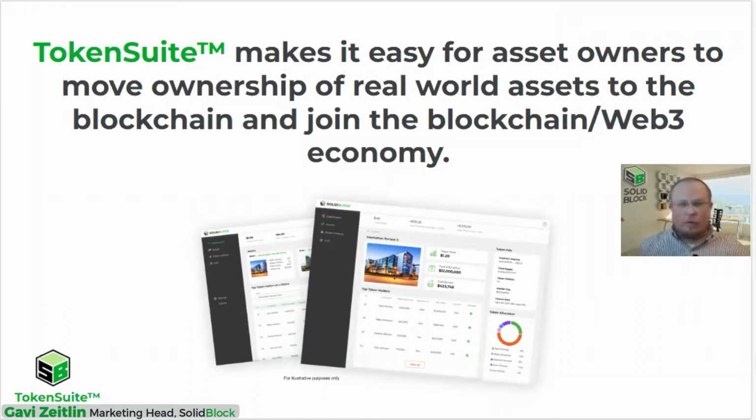I'll walk you through the walkthrough of the product in a second. But the idea behind this product is that it's built on top of the sophisticated infrastructure in a way that both issuers and investors don't need to know the underlying technicals. They're able to manage their business in a way that makes sense and is simple for them, so that they are able to make the best decisions for themselves. And again, leave all the technical stuff to us. That's the real value add of what TokenSuite adds to the overall process, including many, many other benefits, which we'll get to in the future.